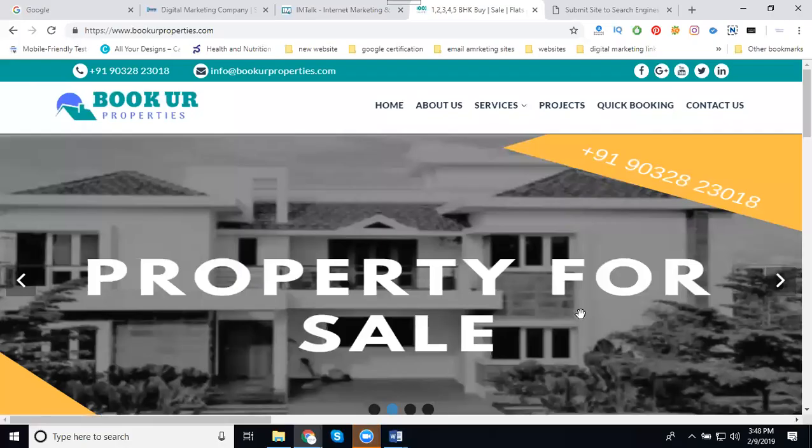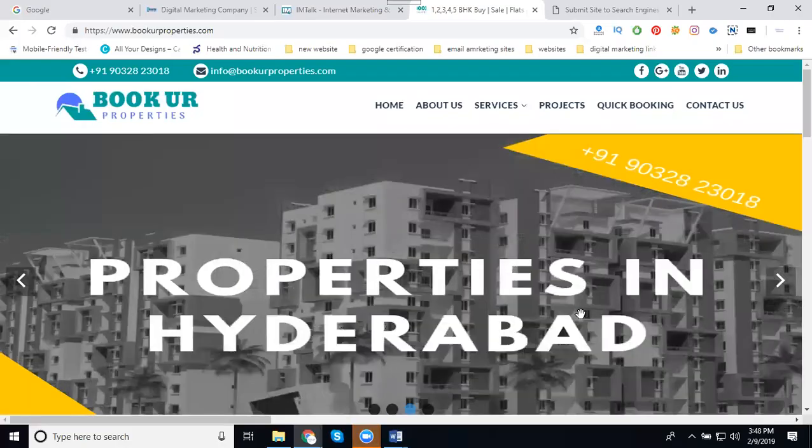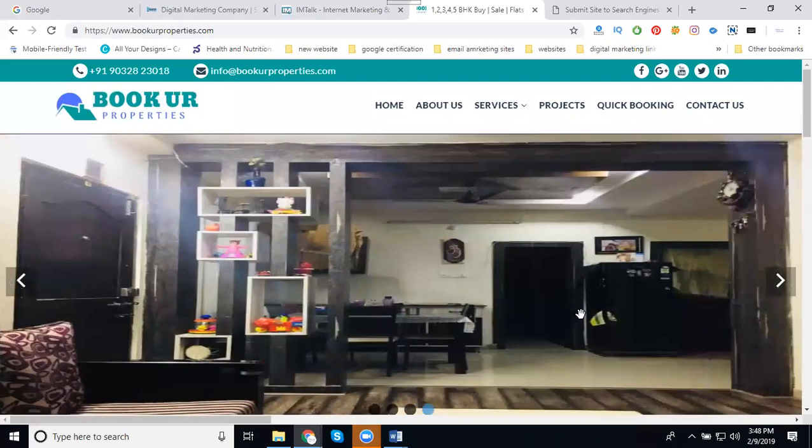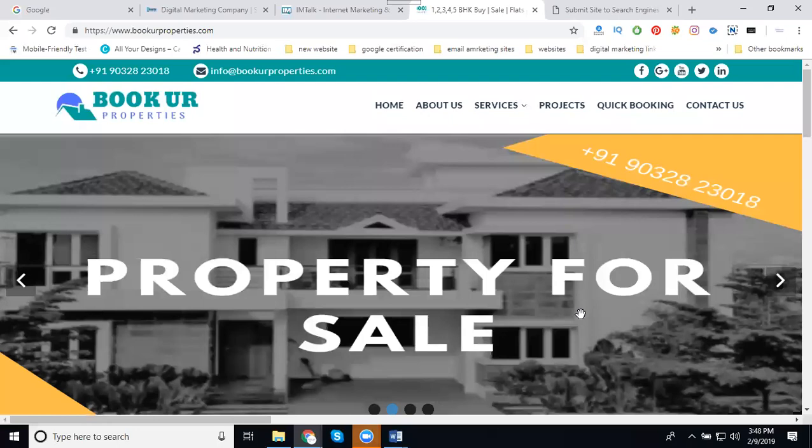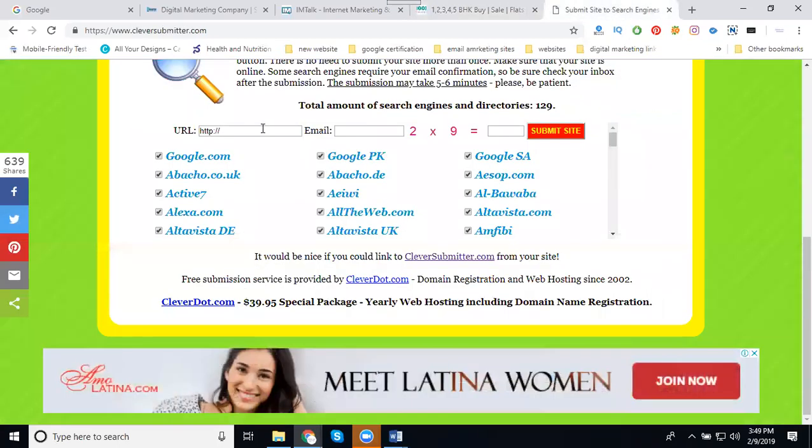So here, any website is crawled by a search engine. How will my website be crawled by a search engine? That is called the submit option, where we can submit your website to be crawled by the search engines. There are so many websites for this. The first website is